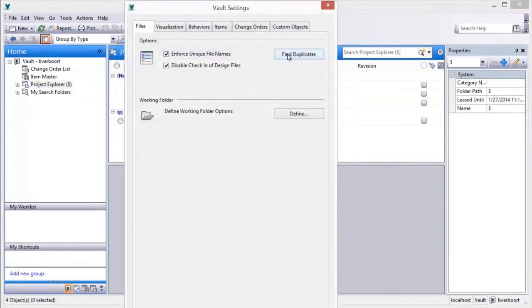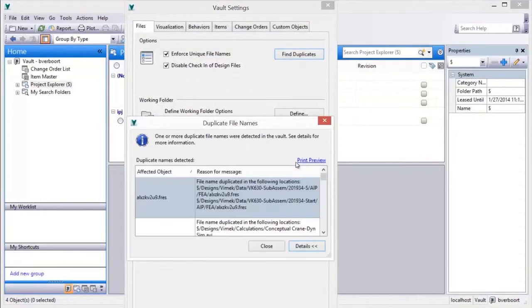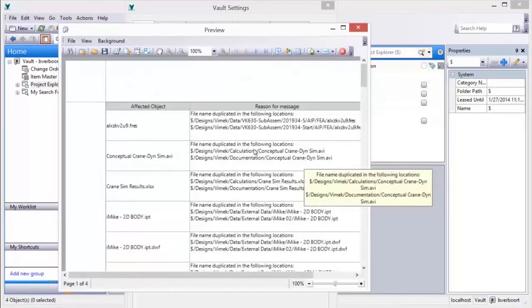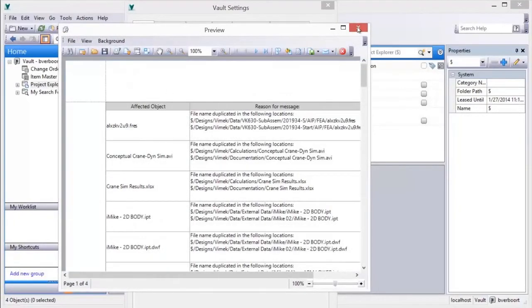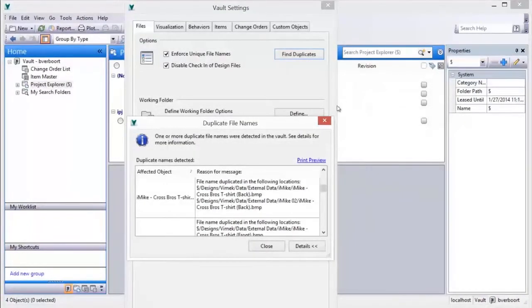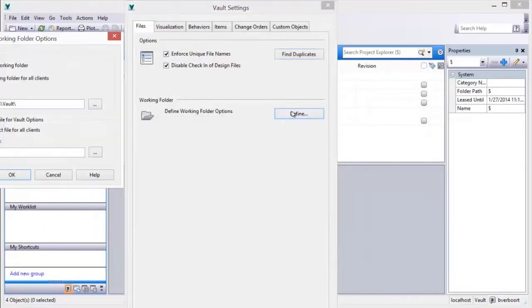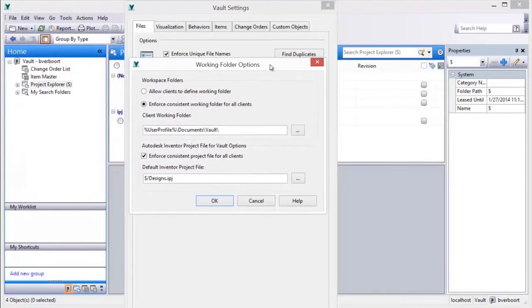With unique file names enforced, files in the vault must each have a unique identifying name. Use Find Duplicates to locate duplicate file names in the vault to help resolve any file naming conflicts before enforcing unique file names. Click Define to enforce a consistent working folder for all clients or allow clients to define their